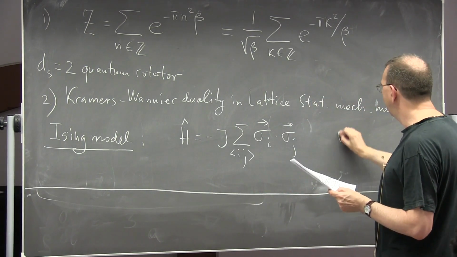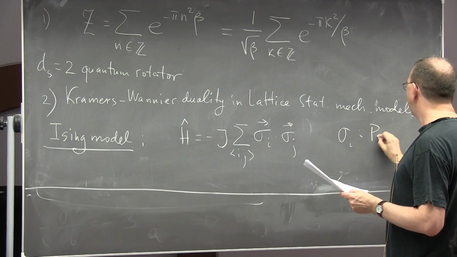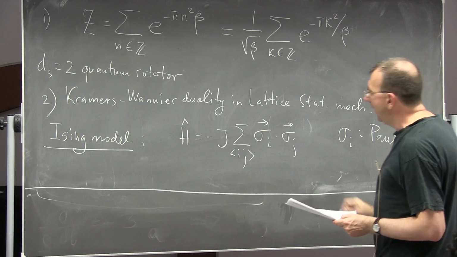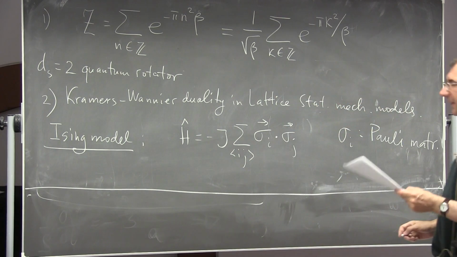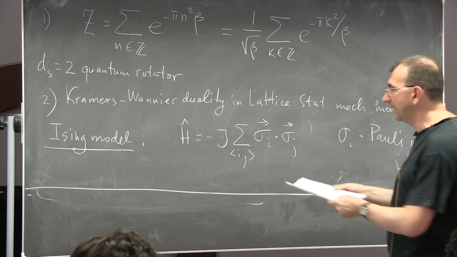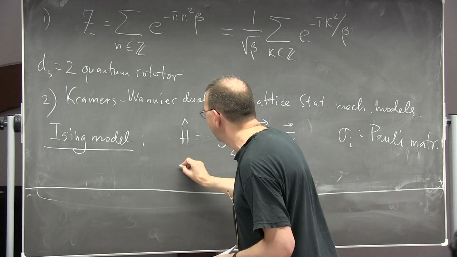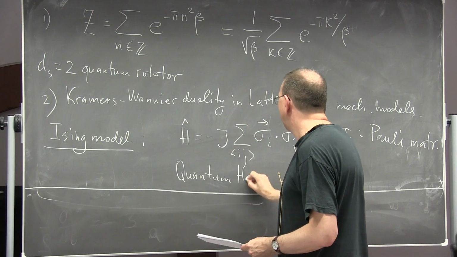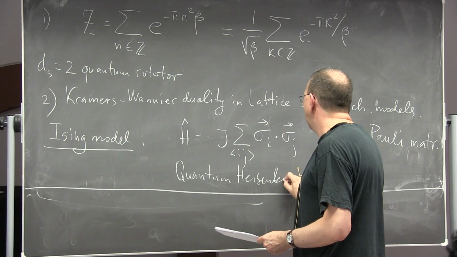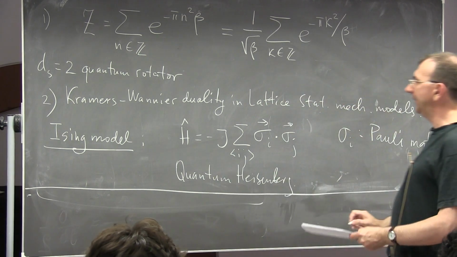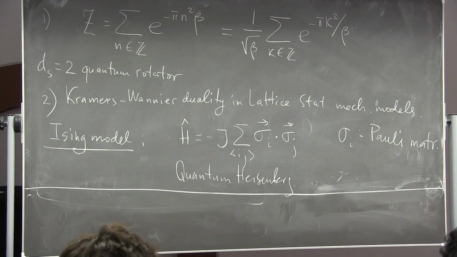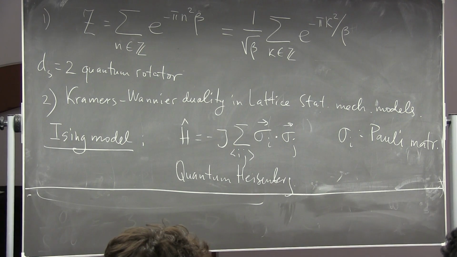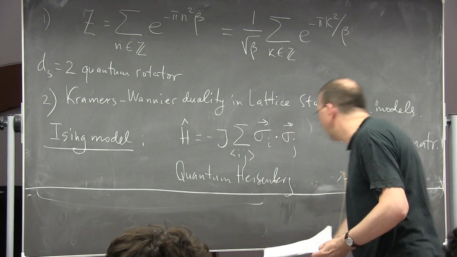And so sigma_i, Pauli. And this is too complicated. This is known as the quantum Heisenberg model, actually. So this Hamiltonian is the quantum Heisenberg. And you can discuss this, but you can simplify it as well. Instead of Pauli matrices, you can use scalars. You can think, okay, let's forget about these complicated 2x2 objects.